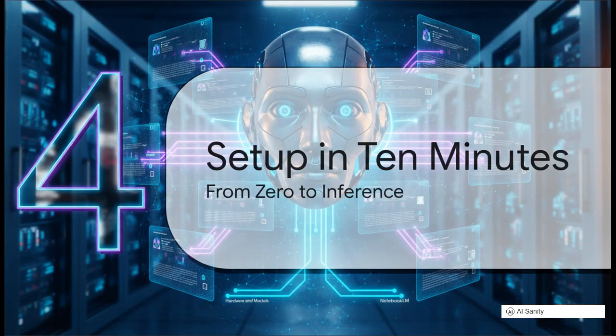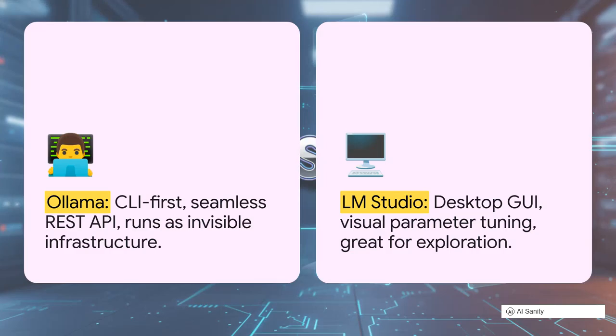Okay, section 4, setup in 10 minutes, going from zero to inference. So you really have two top-tier engines at your disposal for getting this running. If you are a developer actively building apps, Ollama is 100% the way to go. It's a CLI-first tool that exposes a super seamless REST API. It just runs as invisible infrastructure in the background, meaning your code can talk to it the exact same way